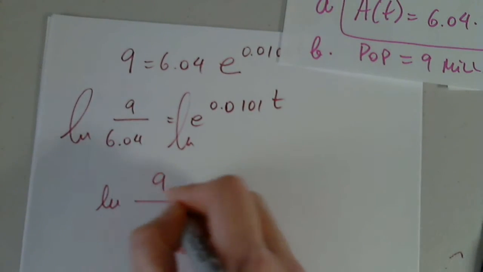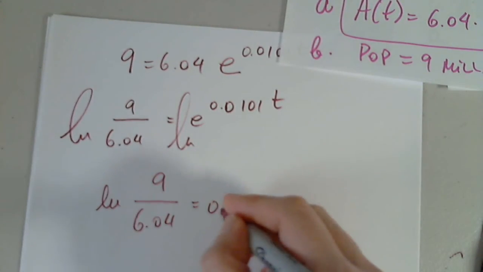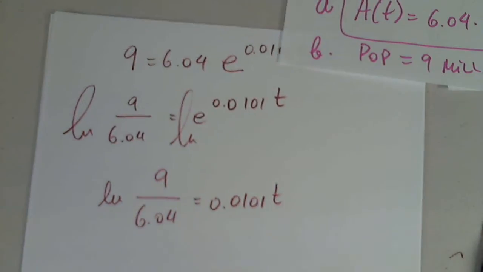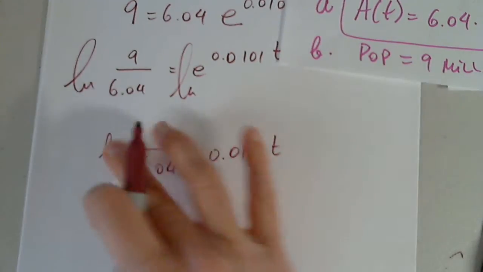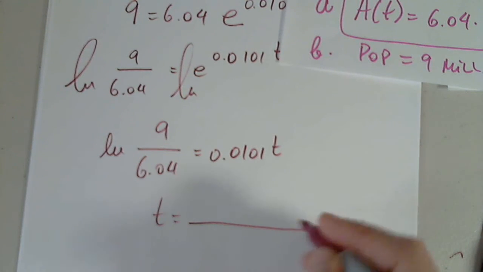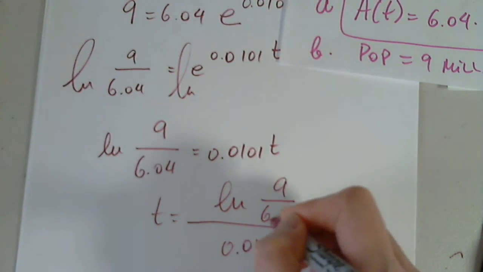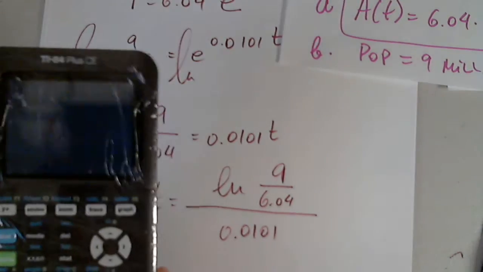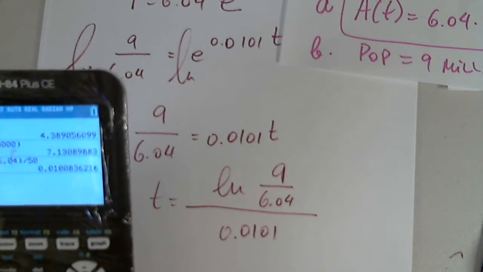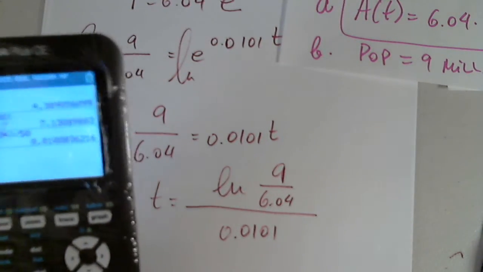So natural log 9 over 6.04 equals, I bring this in front, 0.0101 t times natural log e, but that's 1. So t equals this over this. So natural log 9 divided by